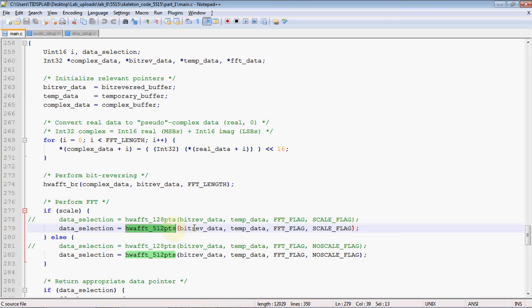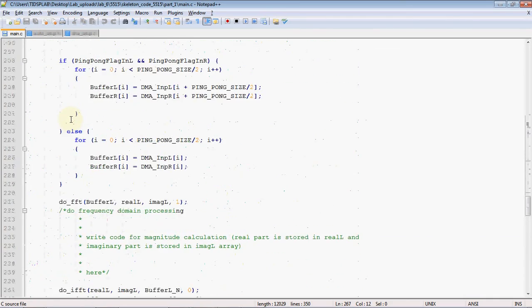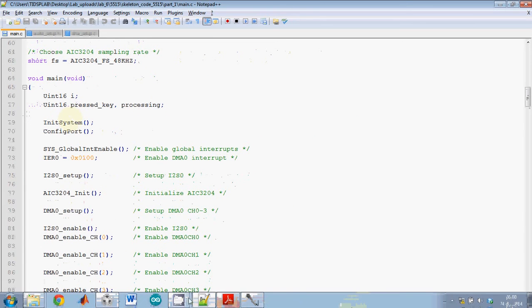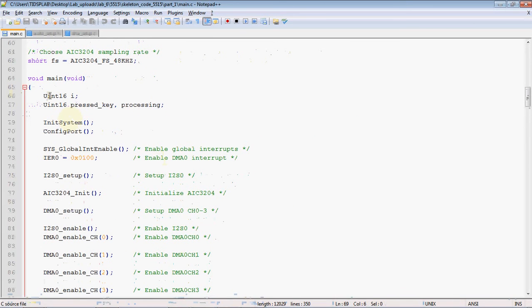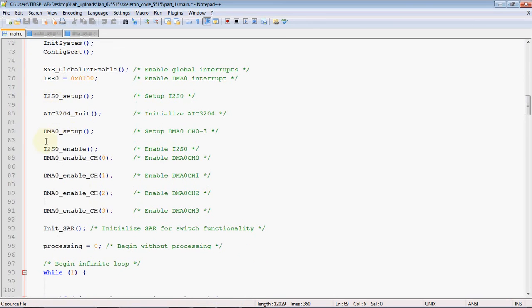Next we will quickly go through the main function. DMA_setup, which was defined in the dma_setup.c source file, initializes the DMA as we discussed earlier.